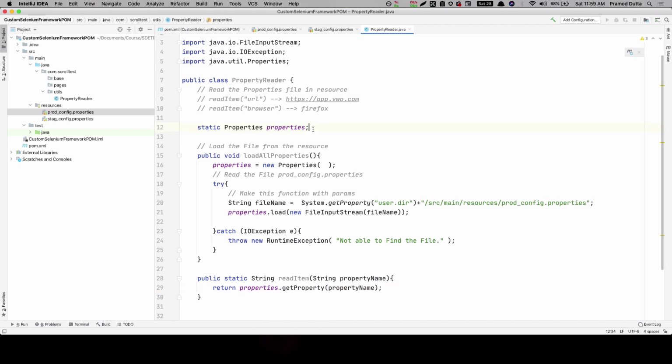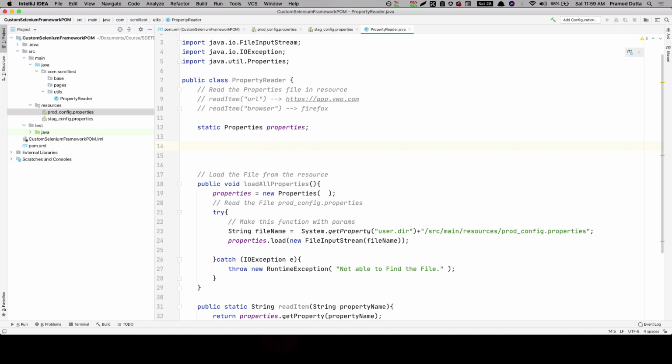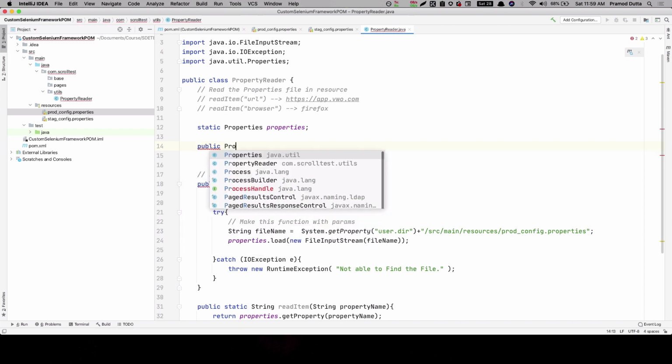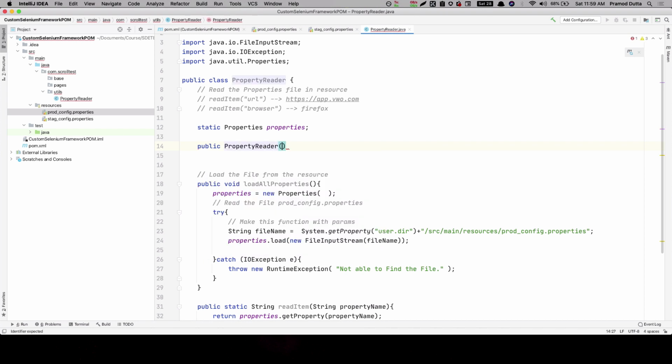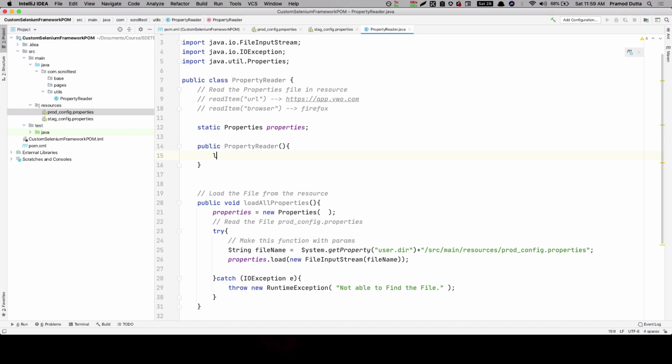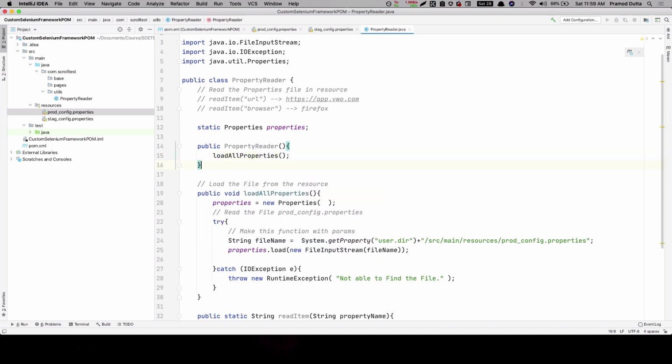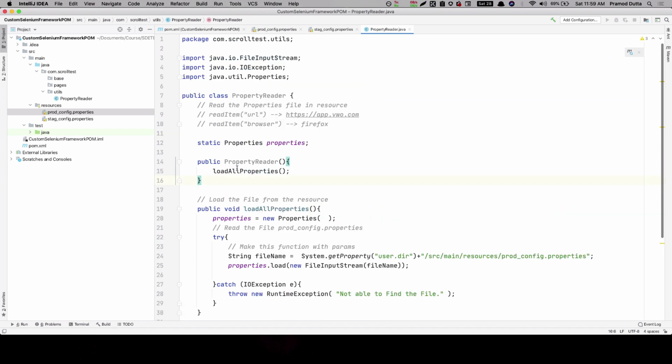Now everything is great, but the problem here is we need to initialize. Whenever we create a property reader instance, we want to load the properties, right? So that's what we want to do. So that is now created, right? So this is our property reader, which is our configuration management. Make sense? I think it makes sense to you.